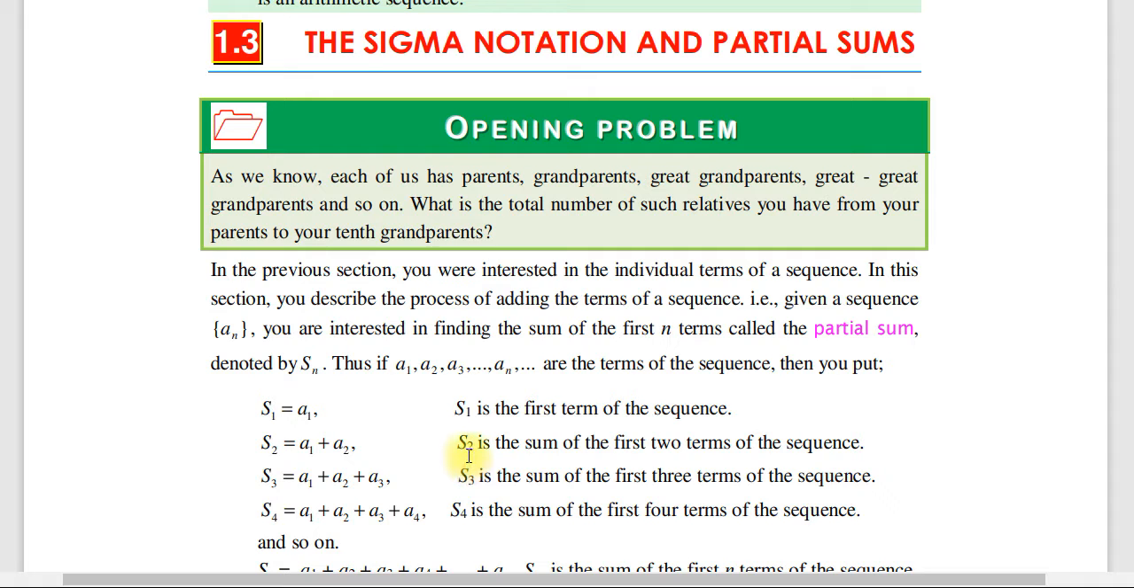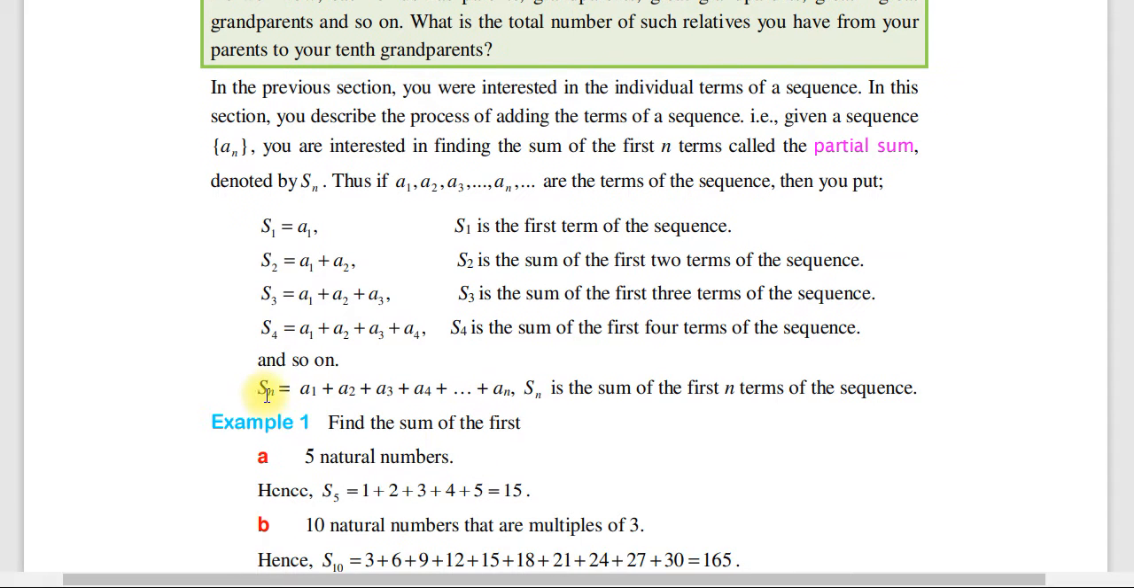ኦኬ እዚህ ላይ እንግዲህ ሳሜሽን ነው። ሳሜሽን ተርሞችን ሳም ማድረግ መደመር ነው። so SN ማለት ደግሞ A1 plus A2 plus A3 plus A4 plus up to AN ማለት ነው። So SN is the sum of the first n terms of the sequence. ለምሳሌ find the sum of the first 5 natural numbers ተብለን ብንሰጥ S5 ብለን ኤክስፕረስ ምናደርገው S5 which is equal to ምንላለን 1 plus 2 plus 3 plus 4 plus 5 which is equals to 15 ይሆናል ማለት ነው።